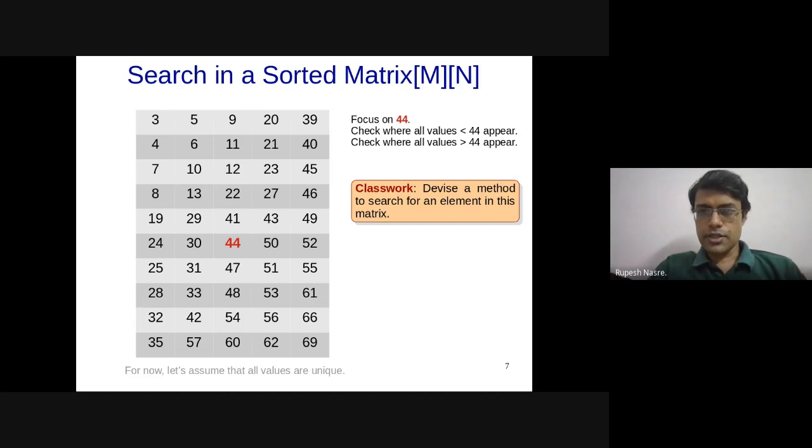But I think there are a lot of messages here. Let me just go through this. We can naively do row-wise binary search. That's an interesting approach, right? So if you do binary search over this M cross N matrix, on one row, you are going to require log n time. And if we have to do that M number of times, that gives rise to an M log n algorithm.